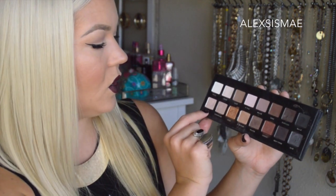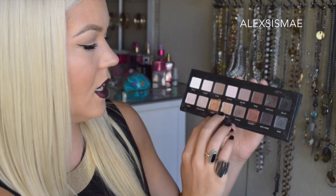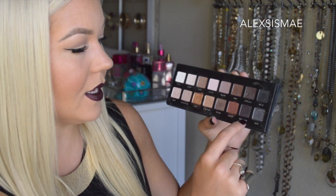Then you come down here and you have two nice shimmery champagne-y nude and champagne colors, two nice golds, a pewter, a garnet, which is kind of like a red brown, a deep purple, and a slate, which is a gorgeous charcoal brown. Now this palette is probably one of my number 1 favorites, if not my most favorite, because